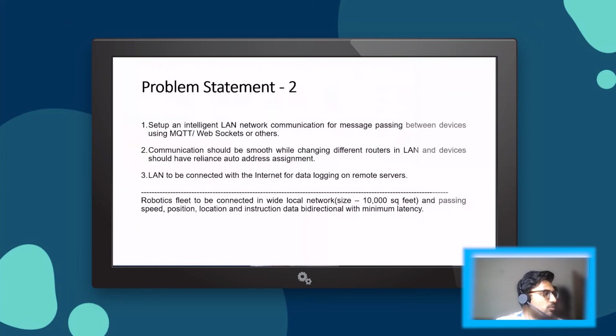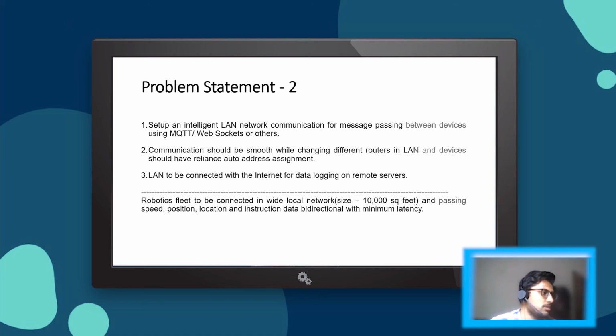Going forward, the second statement says you need to build a local area network kind of communication system for multiple robots deployed in some premises.